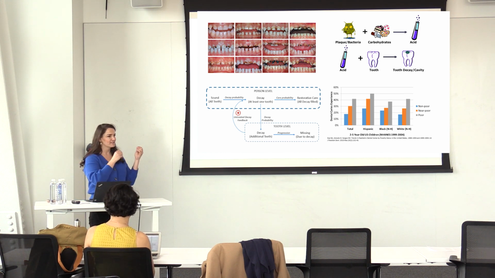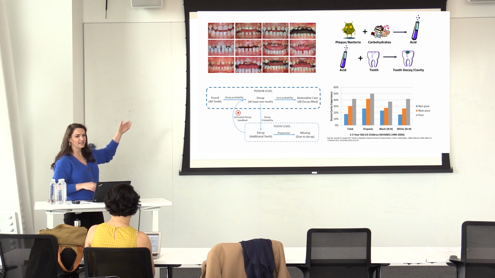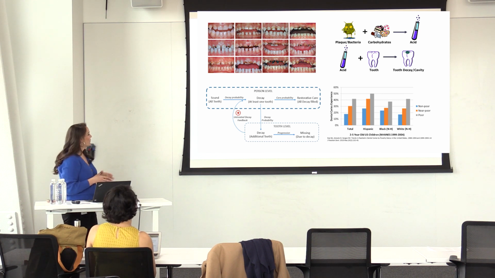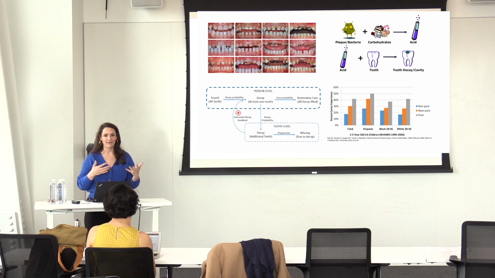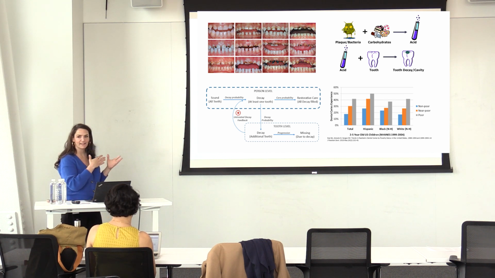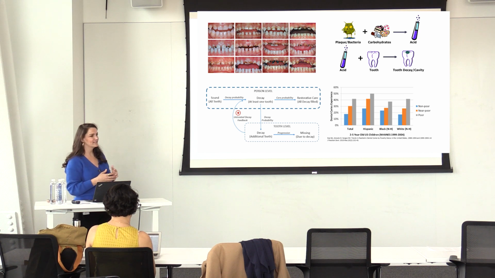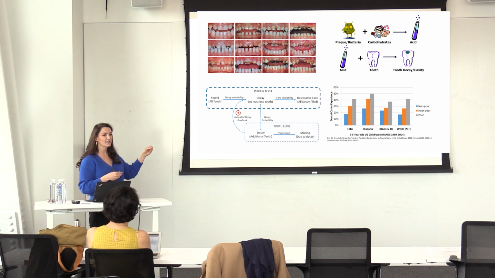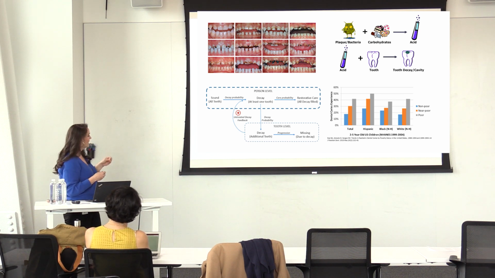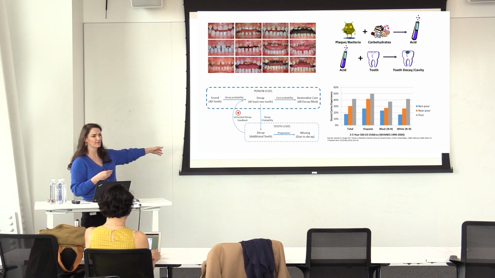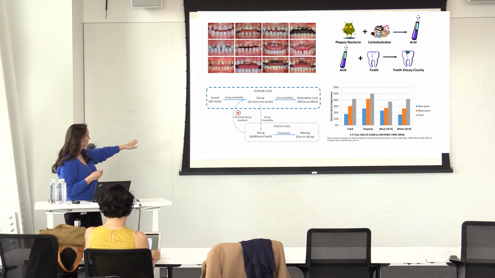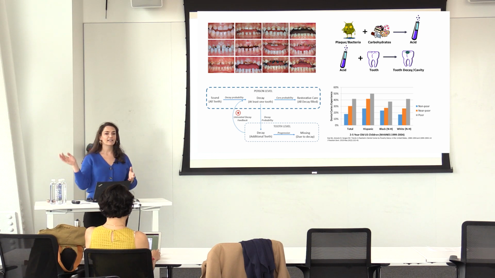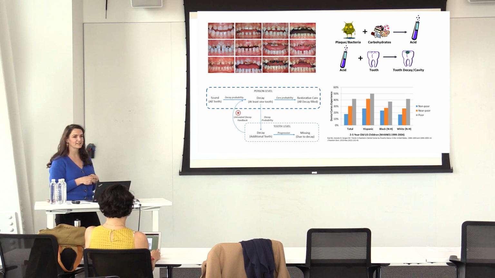So how do you get from the occurrence of a single cavity to what we're seeing here on the left? Well, you have a dynamic process occurring in the mouth. You have teeth that are sound, meaning they have no cavities, and they're progressing to decay. Once you have decay in the mouth, it actually increases your bacterial load, so you have a higher probability of additional teeth becoming decayed. And so you have a positive feedback loop of untreated decay, leading to new teeth that were previously sound becoming decayed.